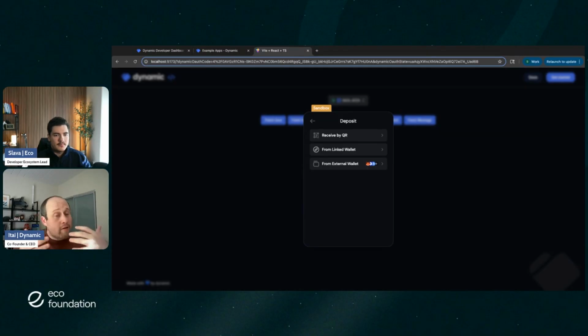So the beauty here is, again, without touching code, we've not only set up a wallet and let you link additional wallets, but you now have multiple routes to fund your wallet or to send money out, right? And all of those have been a few clicks of a button, right? That is kind of the magic of Dynamic, and what we're going for is that without touching code, you've actually